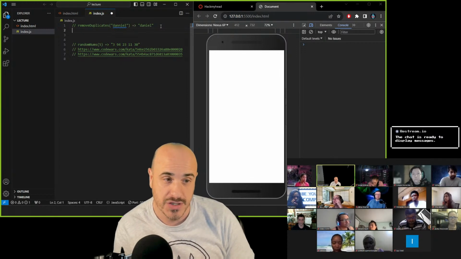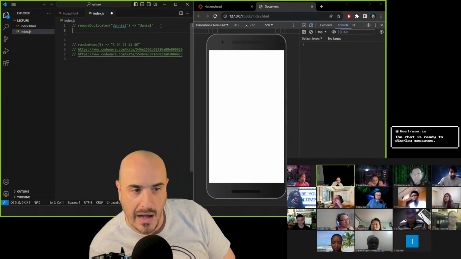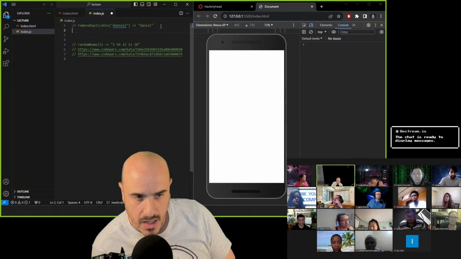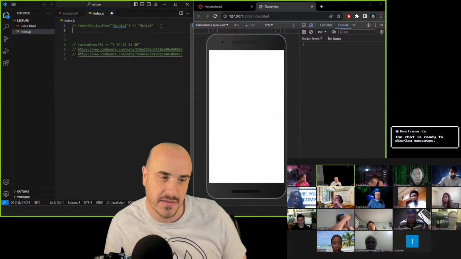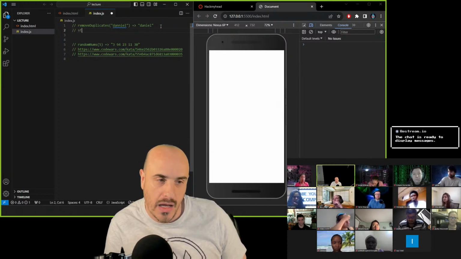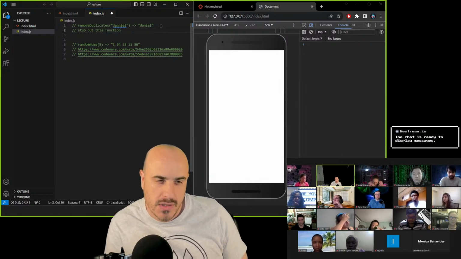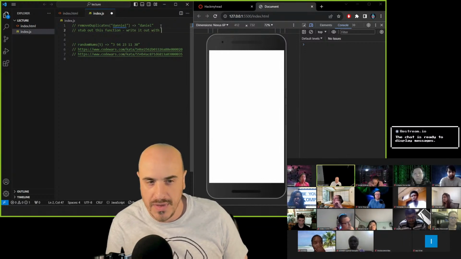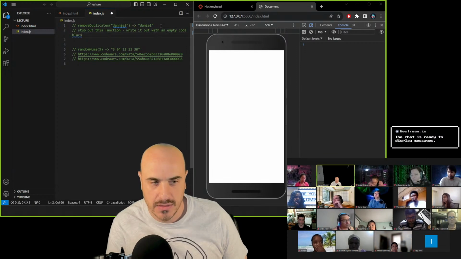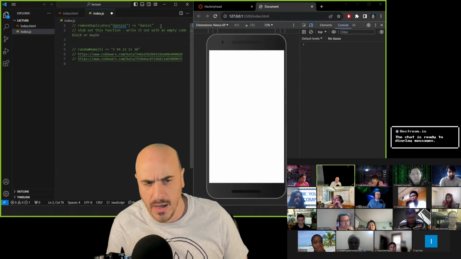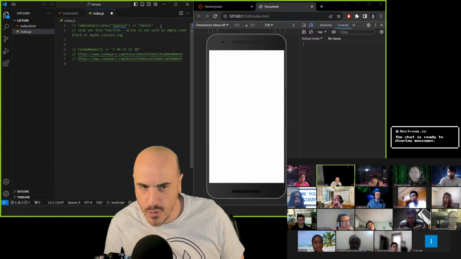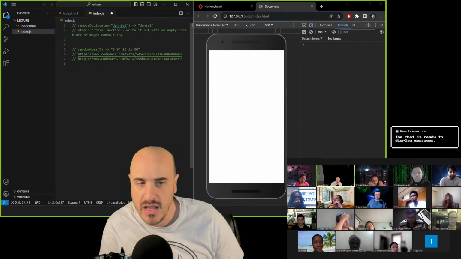So here, I want a function called remove duplicates that removes duplicate letters. So you see the two N's, and then it becomes 1 for Daniel. So first objective I want to hit, stub out this function. And that means basically write it out with an empty code block, or maybe console.log in there. So we're basically just naming it, right? And then